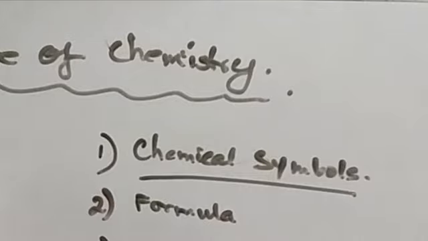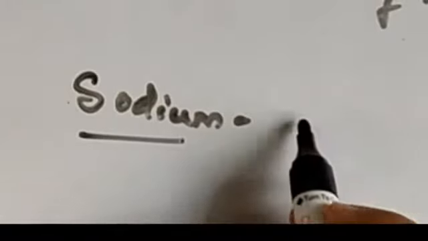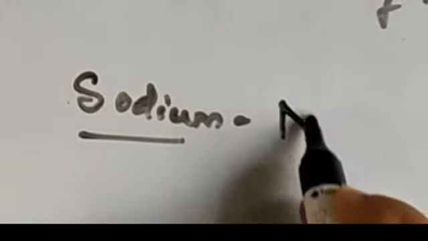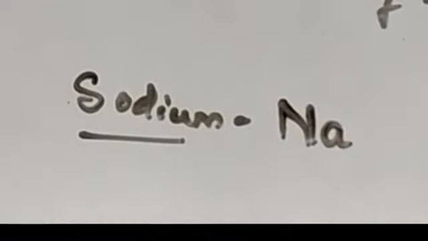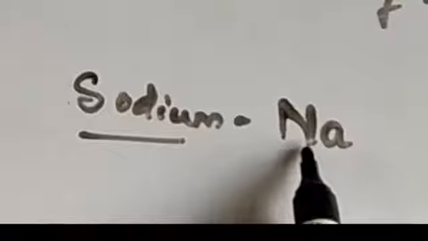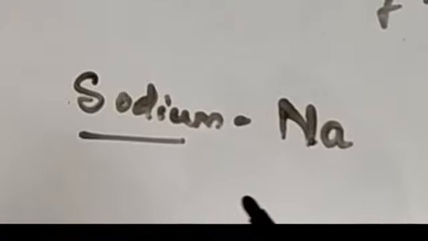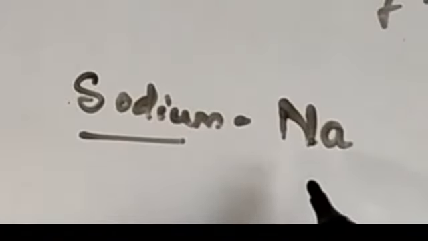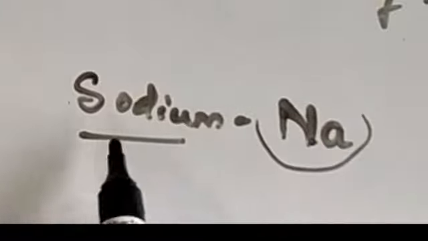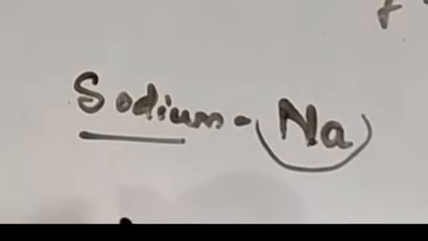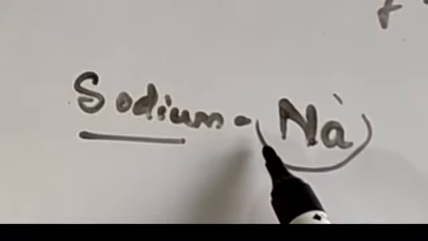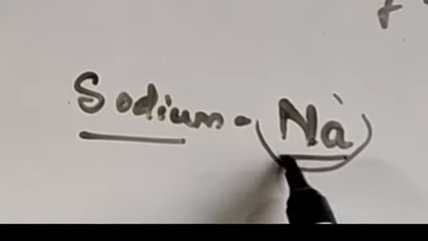Let us name some elements, starting with sodium. If I write the full name, it looks like this: sodium. If I write the sodium symbol, we use Na. Your question will be, why Na? We did all these things in the lower classes, but we are telling this again to continue with the same symbols. This is known as the symbol. Instead of writing the full name of the element, we use this short abbreviation, Na.